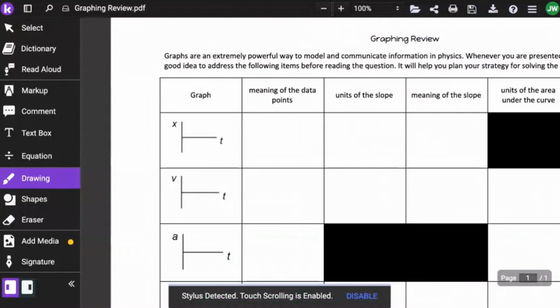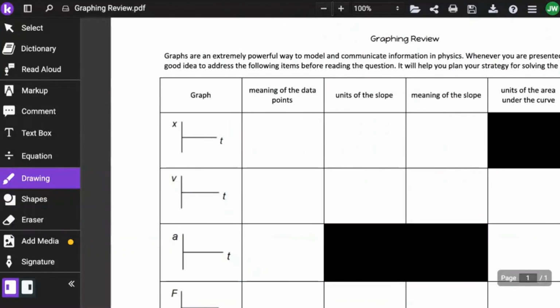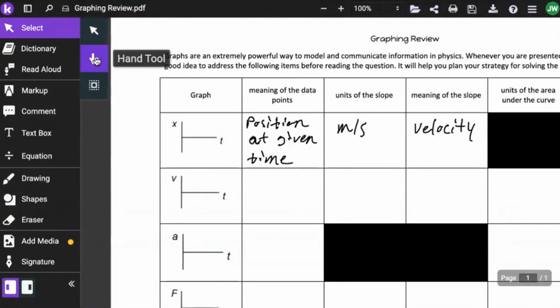Graphing review: we have multiple graphs on the leftmost part of the page, and as we go down each graph, we'll address each row one at a time. The first graph is position versus time, so the meaning of the data points is position at a given time point. Units of the slope will come based on rise over run, or change in the vertical axis position divided